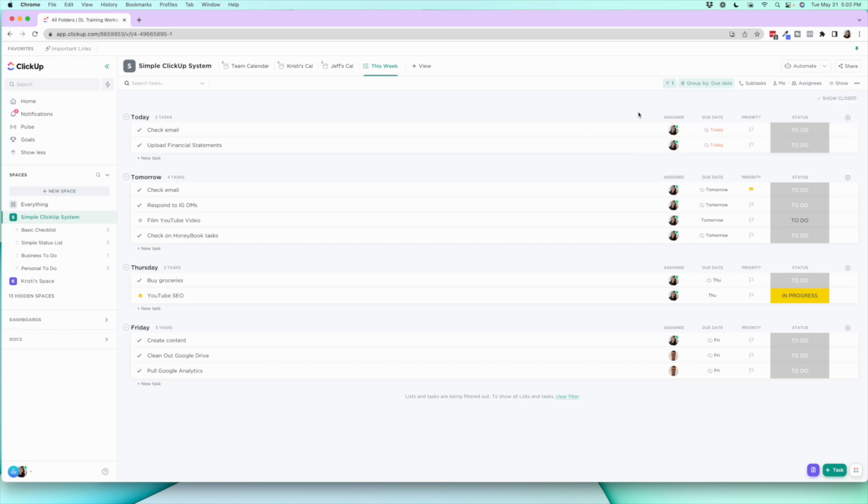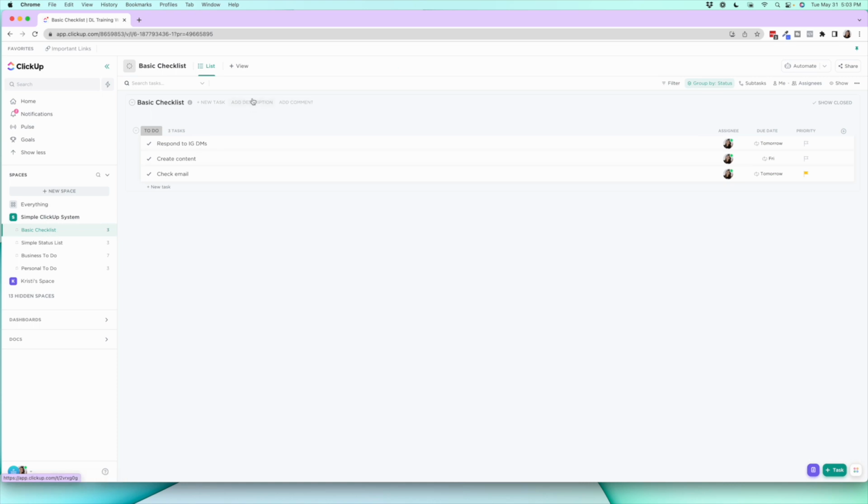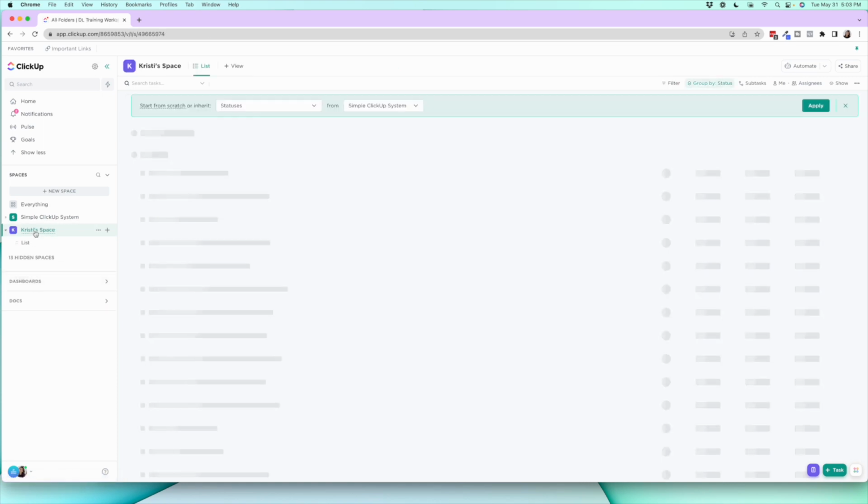So now I'm seeing what's on the task list for each day coming up, who's responsible, what's the priority, and what is the status of this task. So that is the walkthrough of the simple ClickUp system. I actually ended up walking through every single one of these, so I don't need to show you how to